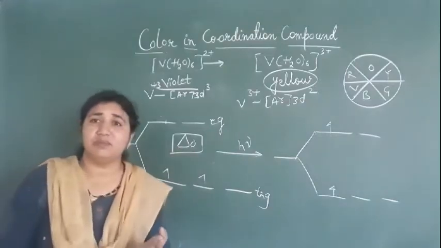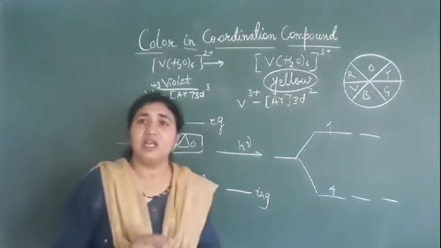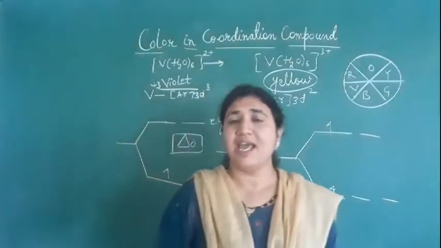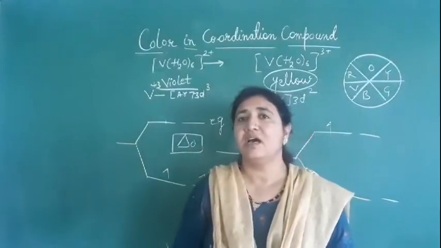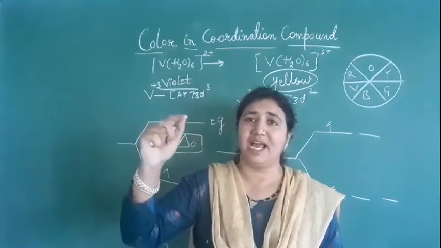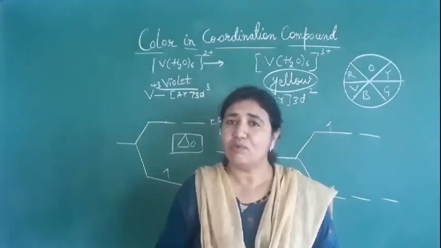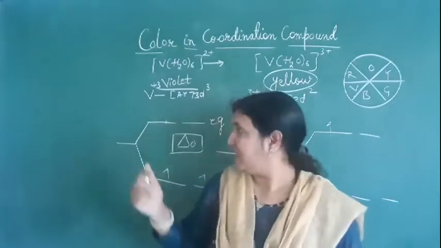This crystal field splitting, which factors does it depend on? It depends, first, on the metal's oxidation state, and second, on the types of ligands. If a strong ligand is there, then the splitting will be high, and if a weak ligand is there, the splitting will be less. These are the two main factors for the splitting of the